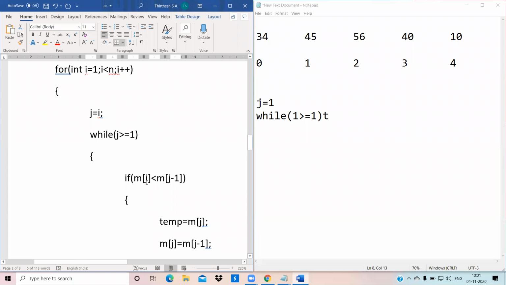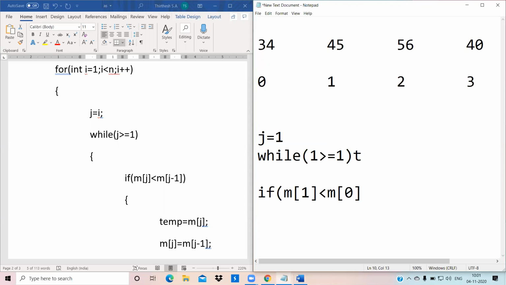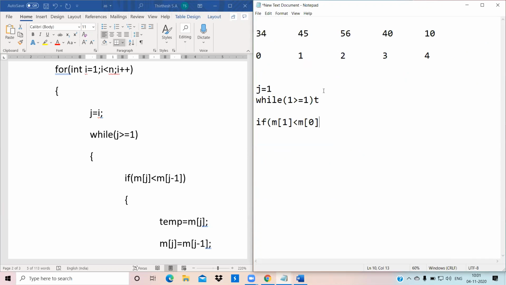Now what happens here is, if m of j, the value of j is 1, is less than m of j minus 1, which means m of 0. If m of j is less than m of 1 minus 1, which is 0, what happens?